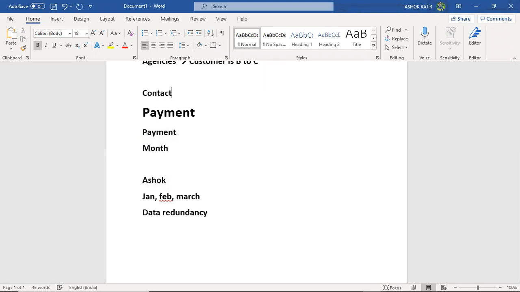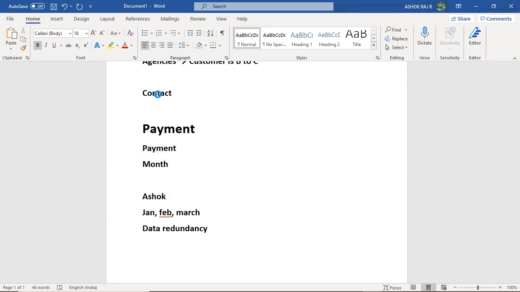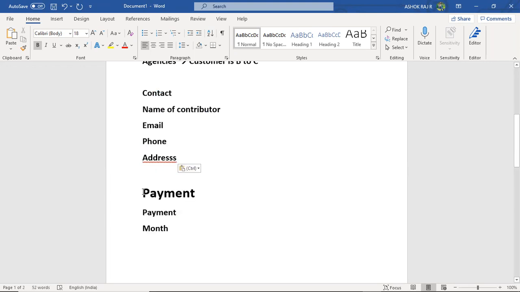So in contact, I can have this information with me, and I can relate that with my payment as well. That's it. So that I don't have to enter this data every time. And if I want to change the data, I can simply go to this one particular record and change it. That's it. This is the one classic use case why we should use relationship.